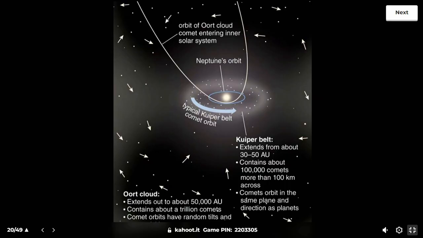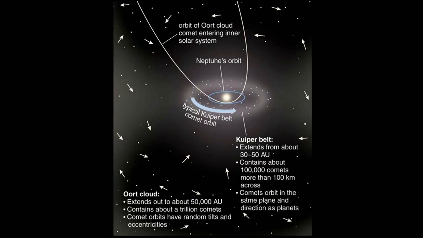So then beyond Neptune and including Pluto are objects in the Kuiper Belt. So these are all of the comets, and the range of orbits extends from 30 to 50 astronomical units. So remember, 1 astronomical unit is the distance from the sun to the Earth. So these are 30 to 50 times farther away from the sun than the Earth is. There's hundreds of thousands of comets that are more than 100 kilometers across, and some of these,